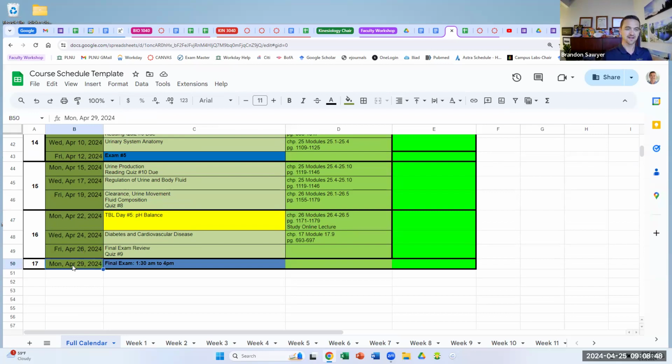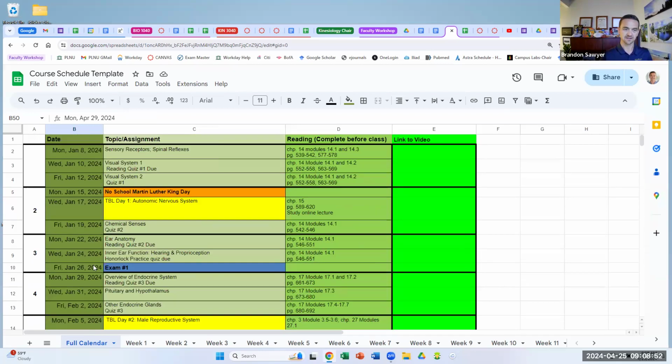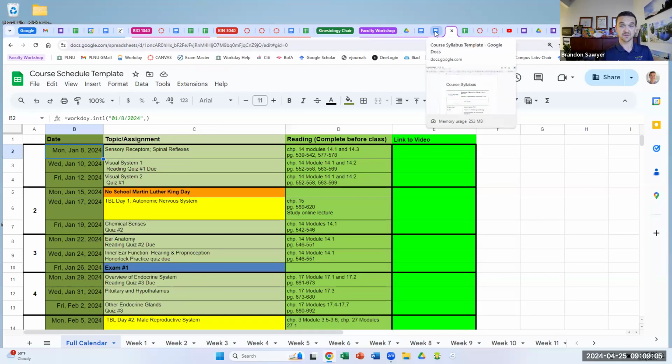This final exam one, I just type in manually because it changes and it doesn't fit the mold exactly. So the way this formula works, if you have a 3-day-a-week class, Monday, Wednesday, Friday, just take this document, it's ready to go. If you have a different schedule of classes, then let me give you some brief information on how this